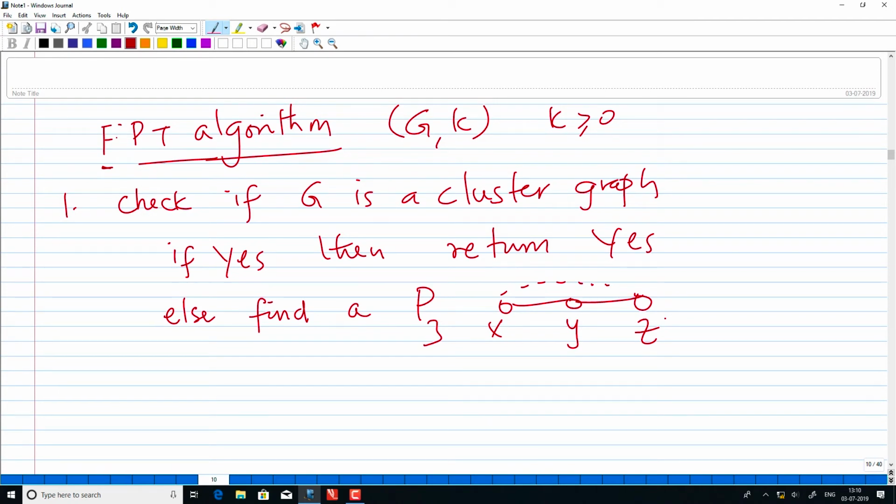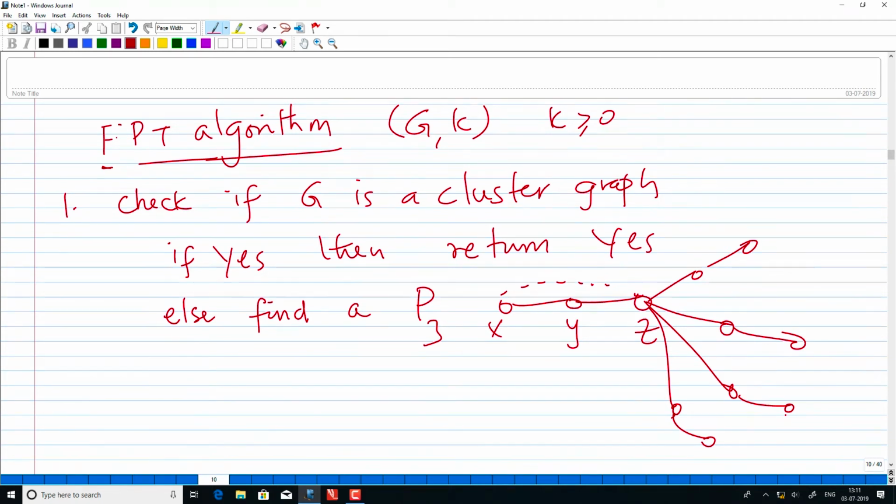Delete y? I do not know how the rest of the graph is, remember. This is just one structure. There may be lots of other things. You never know, there may be lots of P3s like this. In this case, deleting y may not be a good idea. What is a better idea? In this case, deleting z. So you do not know. If I look at only these three things,